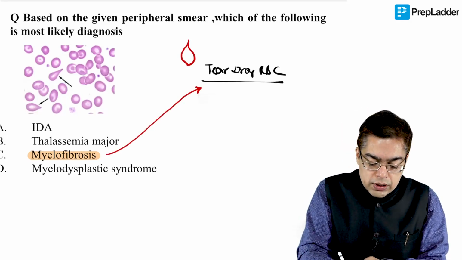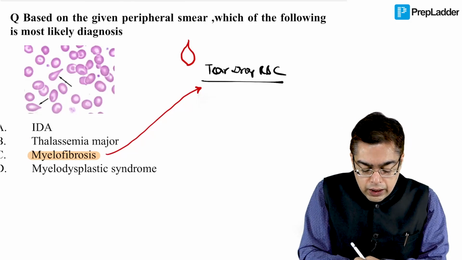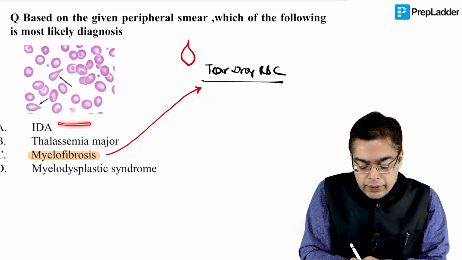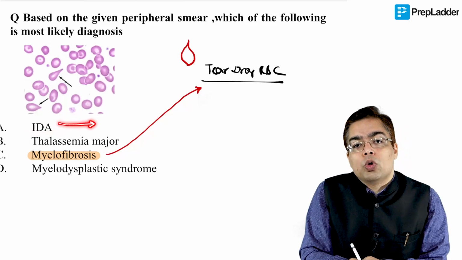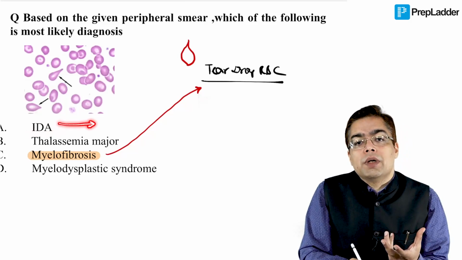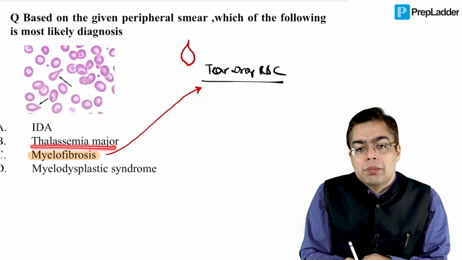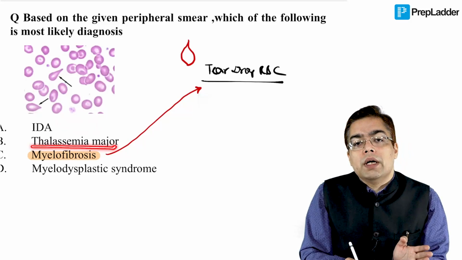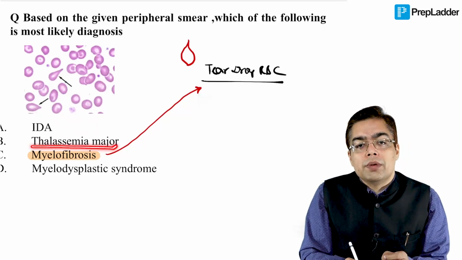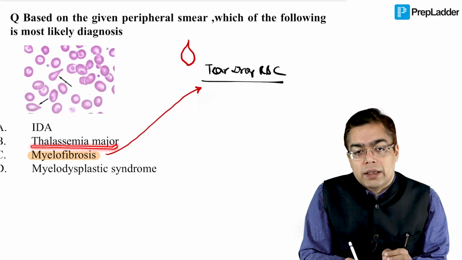Let us look at the other options. A standard favorite for your examiners. Iron deficiency anemia would only be having the presence of microcytic hypochromic RBCs. So the peripheral smear would be showing you the enlargement of the central pale area. Had it been a situation where we would have talked about something like thalassemia major, you would have been getting microcytic hypochromic RBCs, or you could be getting the presence of even at times cells which are given the name of target cells.